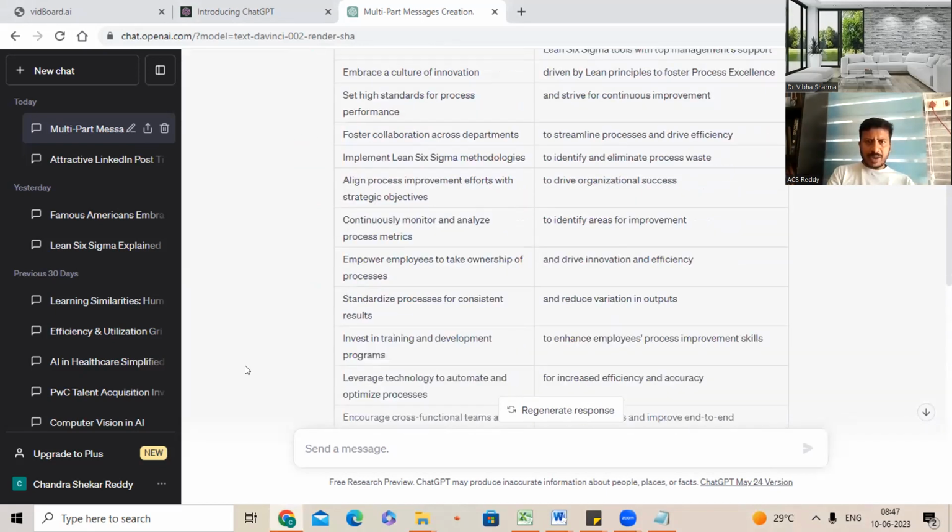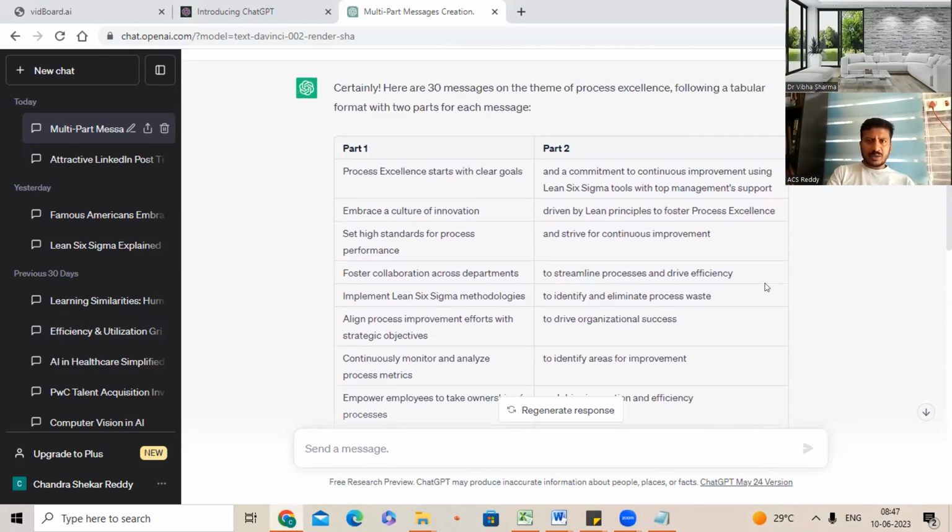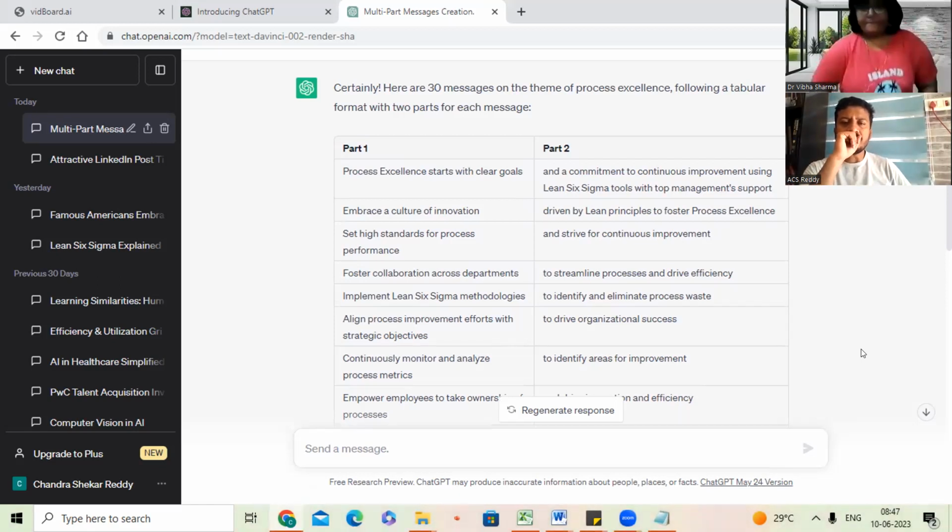So maybe again I need to do it. And see, the reason why I say theme is that once you get this right, then you just need to change the theme from process excellence to digital excellence or digital transformation, like we did for happiness. Once you got it for happiness, then you can say for visualization, then for personal branding, stuff like that. So you have to spend some time to get it right for that level of complexity.